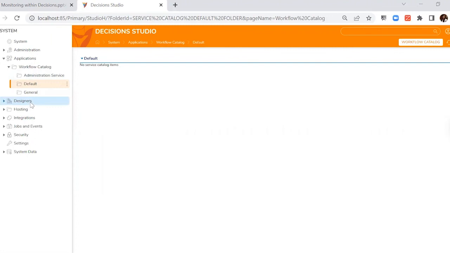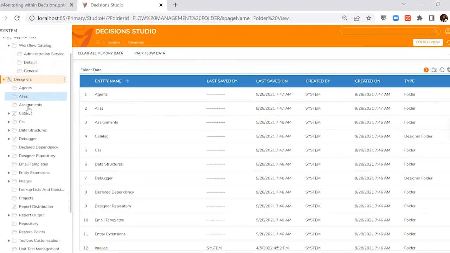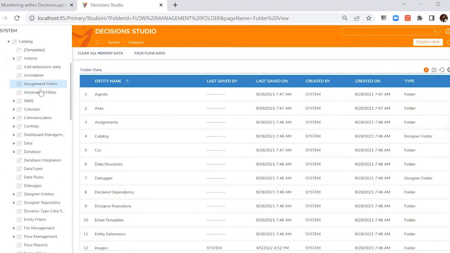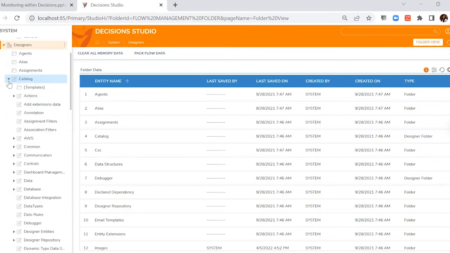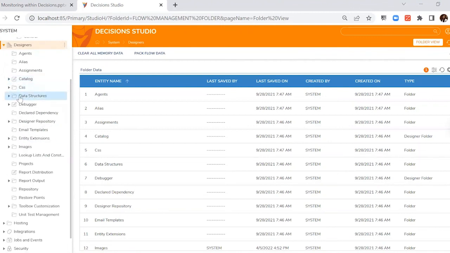We also discussed about designers. So designer has a lot of elements or categories. Each of them has its own functionality or use case. So under catalog, we would be able to find all the steps available in the steps toolbox. So it would be present right over here. We would also be able to add or edit the CSS, email templates, images,